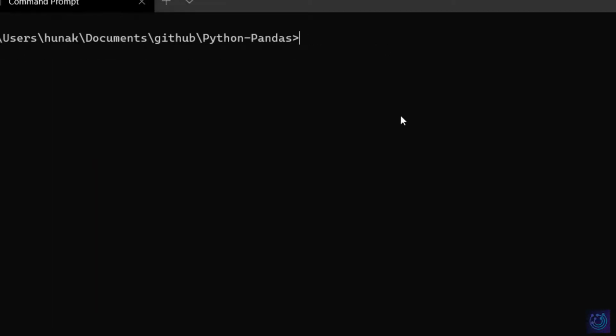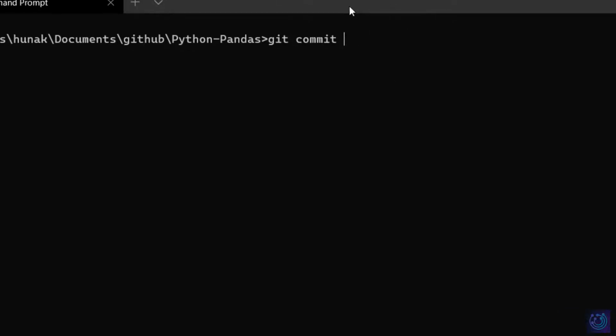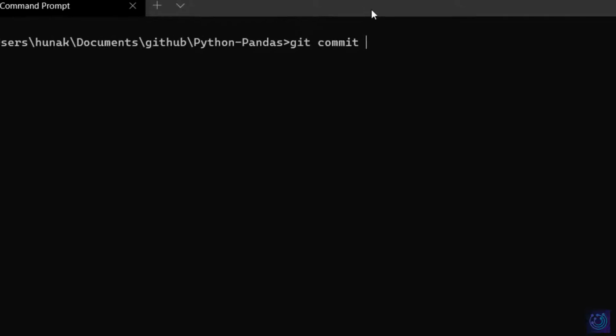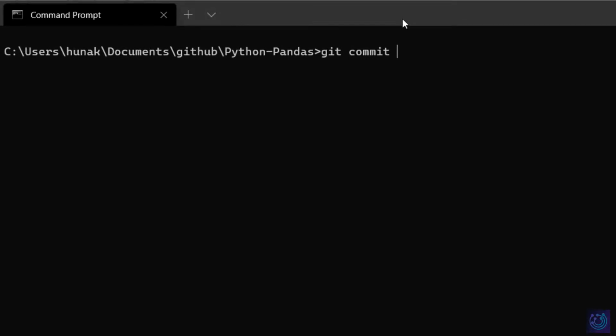So the next command we'll be using is git commit. This command basically tracks our files. That is, it commits the changes whenever we make them. Adding the files will allow the system to read those files, while git commit is used to commit the changes, as in make the changes permanent. So with the commit, we pass in an argument called -m, which stands for message.